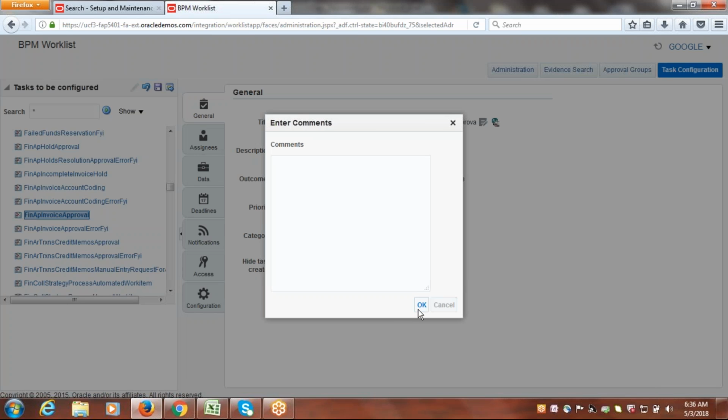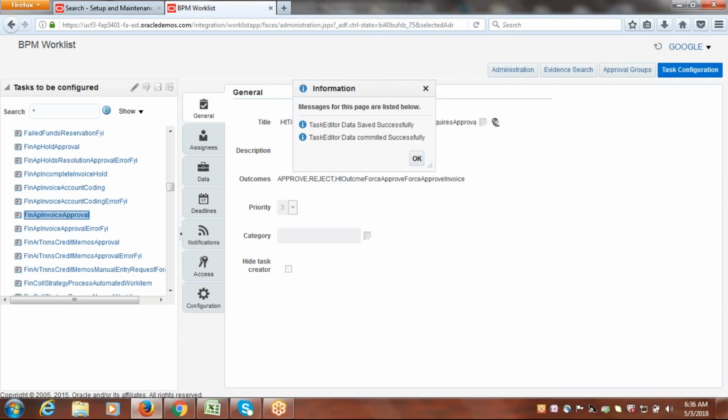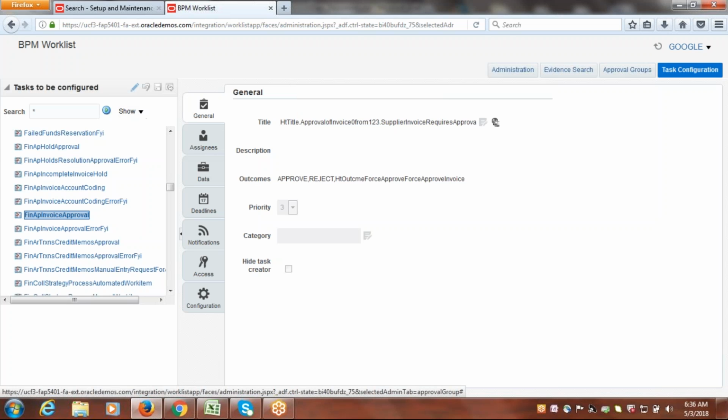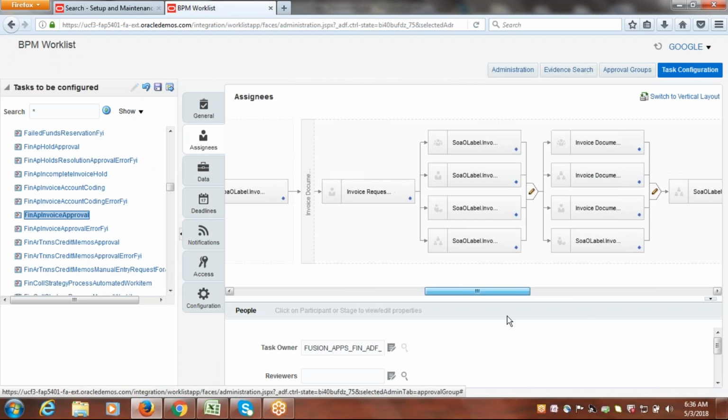It's not mandatory; you can leave those rules as they are, create your own rule and make sure you create it properly. That's it. Go to assignees, go to the same node,